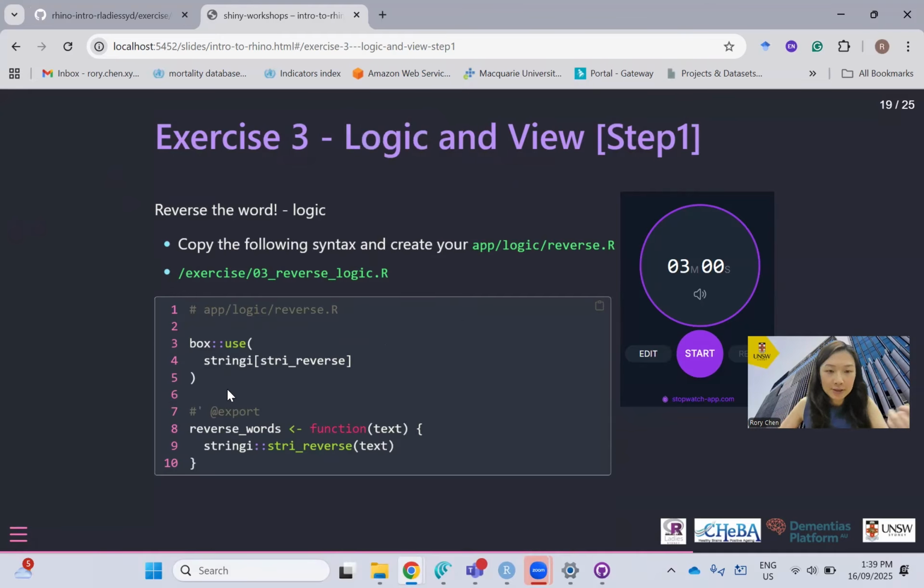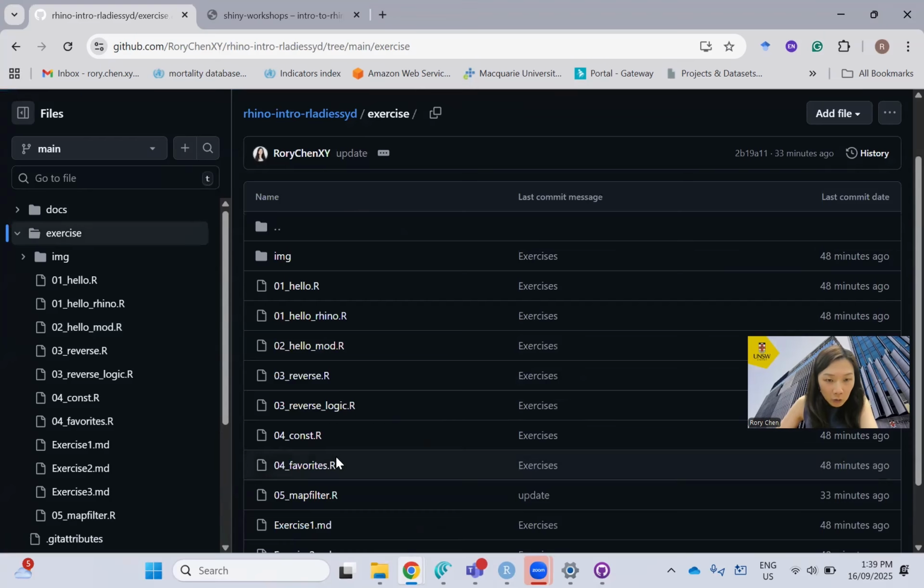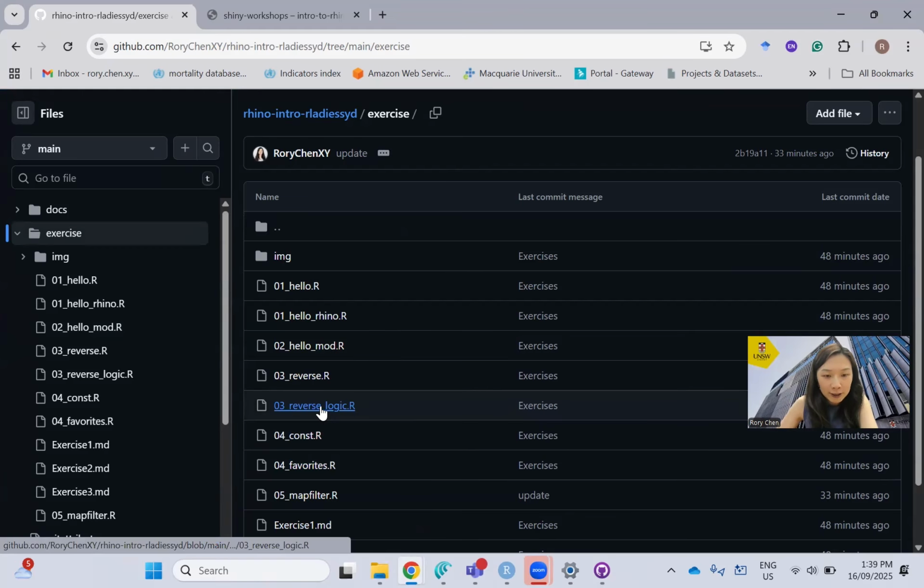So for instance, you can see the reverse here. It's just an idea. To be honest, not necessarily you need to define a new function because there is something that already exists, but just as an idea, we can go to the GitHub page and open the reverse logic.r file